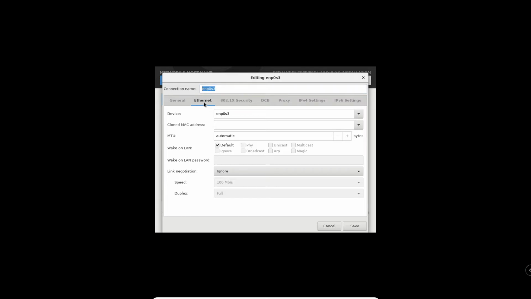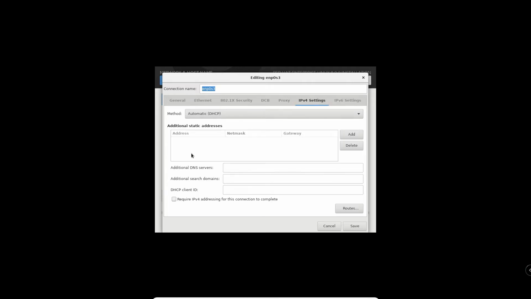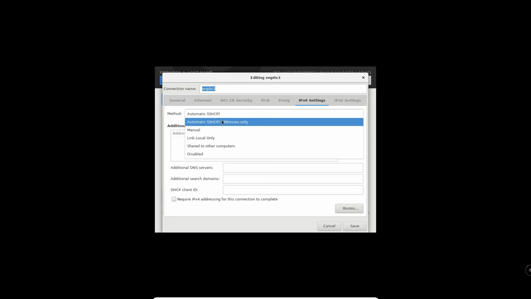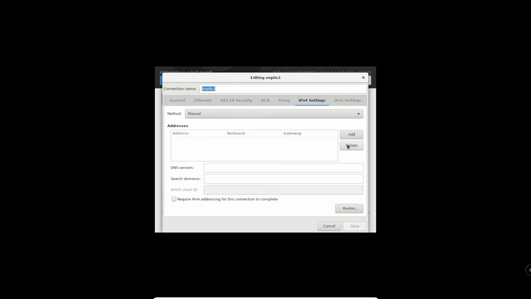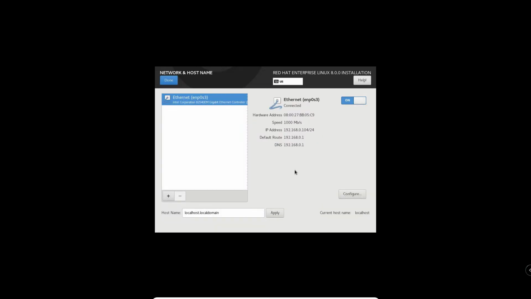And here you have to choose the protocol type. If you want to set your device as IPv4, then you have to choose IPv4 setting. Otherwise, you can configure the IPv6 version also. To configure internet protocol version 4 setting, you have to choose your method from automatic DHCP to manual. But in my case, I am ensuring my network device obtains the IP address from DHCP.